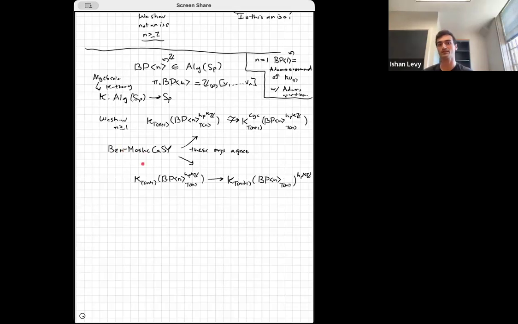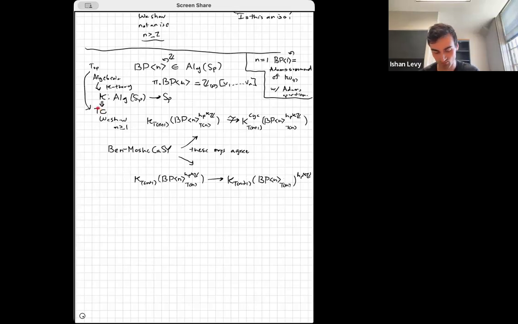The key ingredient here is that K-theory really interacts well with cyclotomic extensions. So this functor sends cyclotomic extensions to cyclotomic extensions. That's what they show. And so if you want to show that this isn't an isomorphism, you just need to show that this isn't an isomorphism. Okay. So that's the first step. The next step is to replace K-theory with a functor that's more tractable, namely topological cyclic homology. And there's this natural transformation from K-theory to this functor, topological cyclic homology.